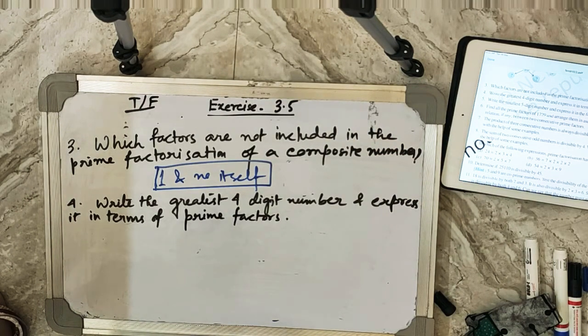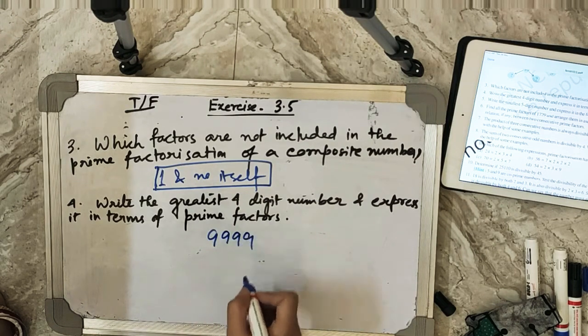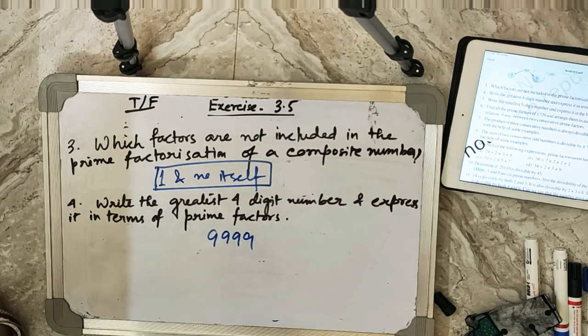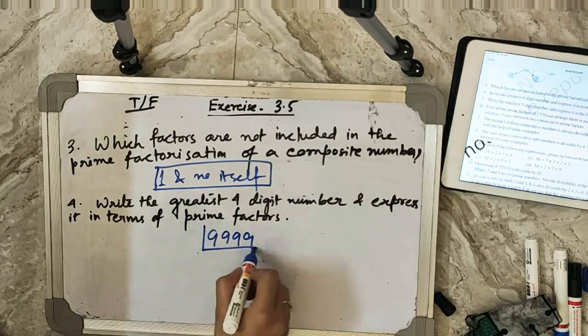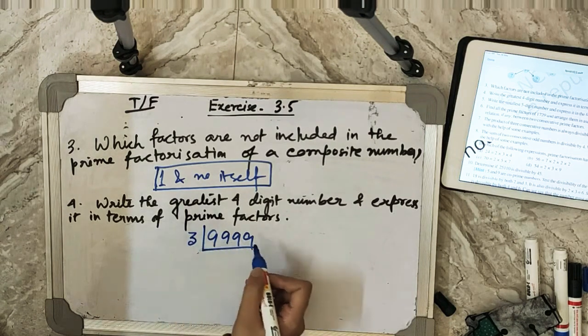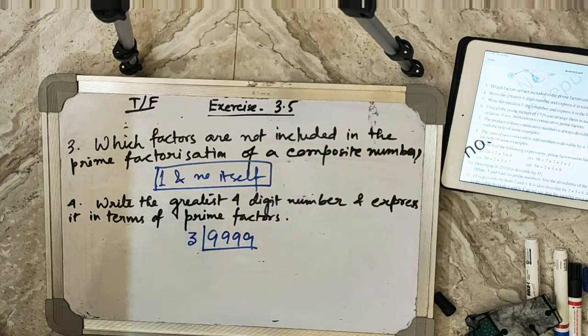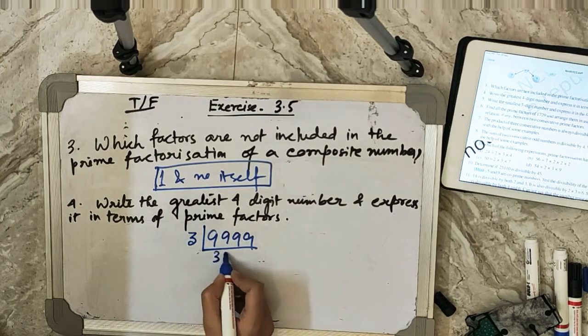terms of prime factors. Greatest 4-digit number is 9999. Okay, so we have already known all the rules of divisibility. So the first prime factor by which it will be divided is 3. We have added all the digits and the sum is divisible by 3. So the number will be divisible by 3. So it will come